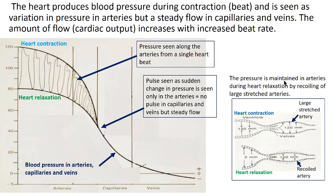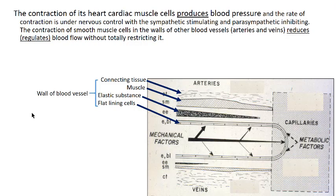This is due to the fact that the pressure is maintained in the arteries during heart relaxation by the recoil of stretched arteries. So if this is part of the heart, the ventricles, when it contracts, 120 millimeters of mercury goes into the largest arteries, which have a lot of elastic tissue, and they stretch. Then when the heart relaxes, the pressure in the heart goes to 2 millimeters of mercury, but not so in the blood vessels themselves, because they recoil, and that maintains 80 to 100 millimeters of mercury as the low component of the pressure on the arterial side. So the contraction of the cardiac muscles in the heart produces the blood pressure,